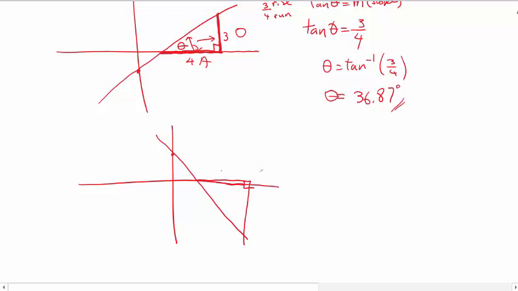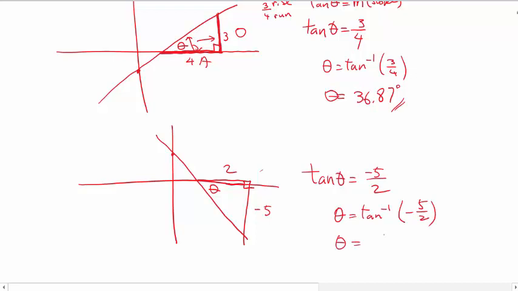It's 2 over and negative 5 over, and the angle will be this one. So again, tan of the angle is equal to the slope, which is rise over run. So you go theta equals tan minus 1 of negative 5 over 2,